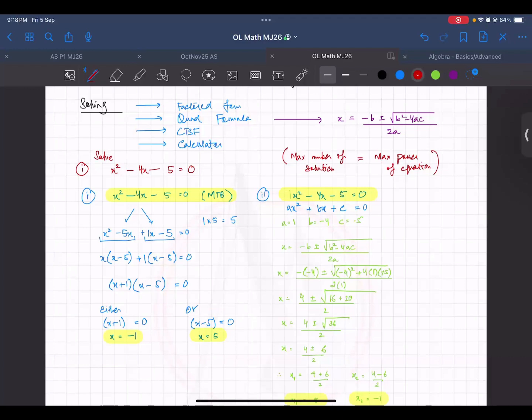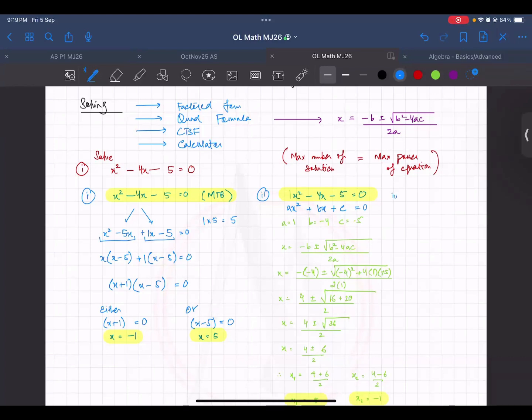So, if the maximum power is 1, then the solution is also 1. You get only one solution. In quadratic you have maximum power 2: ax square plus bx plus c has power 2. So the maximum number of solutions would also be 2. After some time, when you do the higher difficulty equations, the power is 3 in that, so there you get 3 solutions. You will see that later.